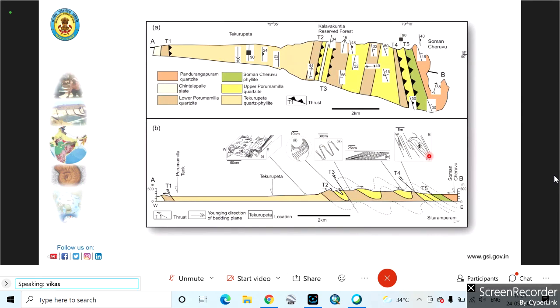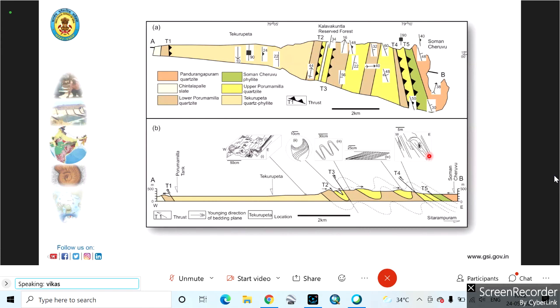Now notice that this has been blown up here, and you can notice that a number of thrusts are also there. You can see dentations, the dark colored triangles in the map area. Those are all thrust planes. Those thrust planes have been identified by some of the mylonite present within these areas. Based upon that, we have identified these thrust zones. Notice that on the left side where A is written, in the upper part of the diagram where T1 is written, that is thrust 1. You see there is a brown colored bed. That is actually a quartzite that's dipping towards the eastern side.